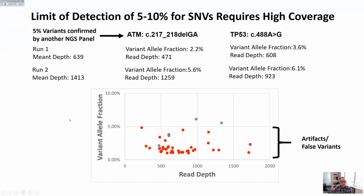So when looking at the SNVs, or the small or single nucleotide variants, the limit of detection about 5 to 10% does require high coverage. So we had this one sample that had 2 variants that we know are at 5%, confirmed by another NGS panel. ATM, a small deletion, and TP53 is a missense change. So the first run was at a lower mean read depth, and each of the variants were detected at 2 and 3.5%. And the second run, we have a higher mean depth, and the allele fractions are closer to what we'd expect,